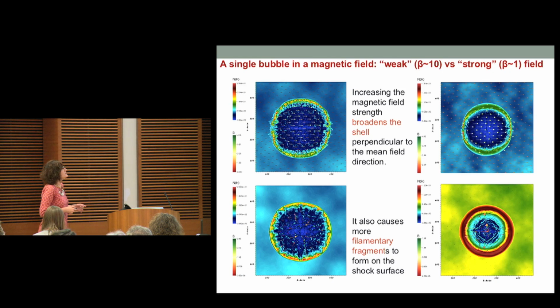Well, this is a test I made just to start understanding what is going on, because you have magnetic fields, you have turbulence. So this is one bubble expanding in a very weakly turbulent medium with a magnetic field along one axis. And here is a weak field case, and this is a strong field case. So here you form all these small clumplets on the surface and small filaments. And here the thickness of the shell is so big due to the extra magnetic field pressure that it doesn't become unstable.